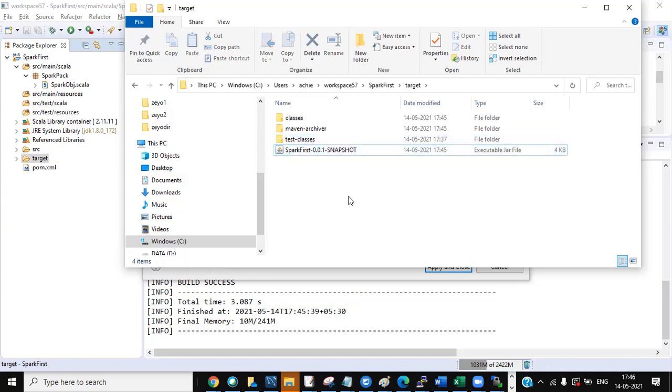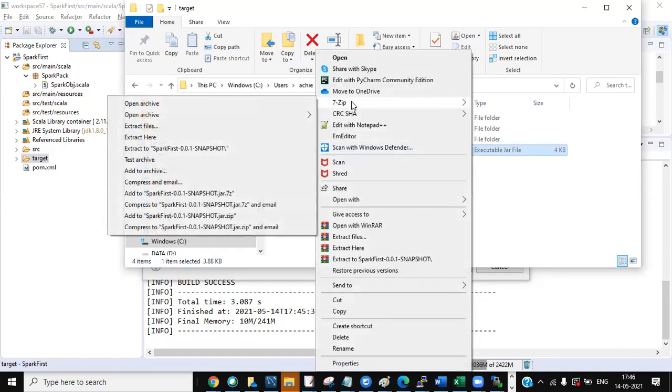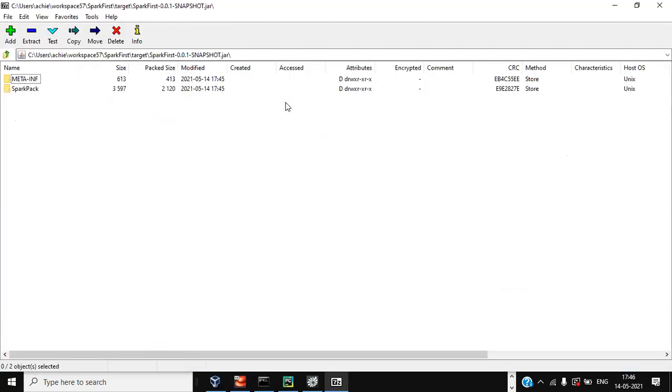Most important, to check whether this jar is perfect, right click, 7-zip, open archive. In this open archive, you should see two folders, META-INF and Spark pack, your package. Inside this package, double click, and the object should be there. What could be a possible issue?